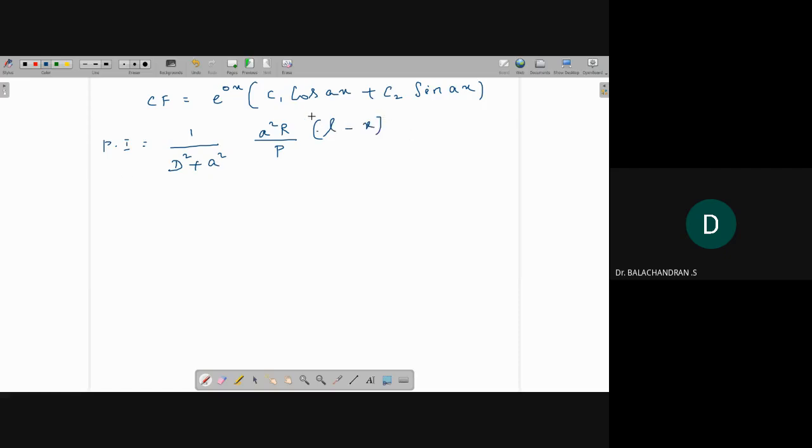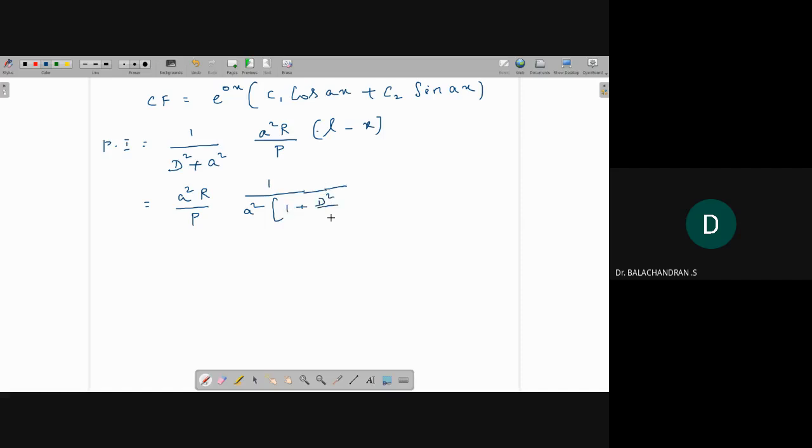Now L minus x is algebraic, so you should write the denominator in the form of 1 plus D or 1 minus D. A square R by P is constant, so we take a square common, giving 1 plus